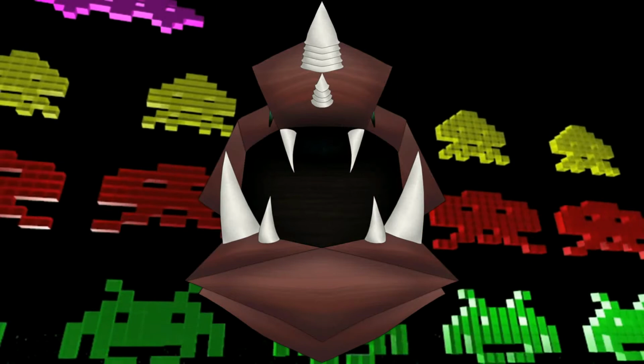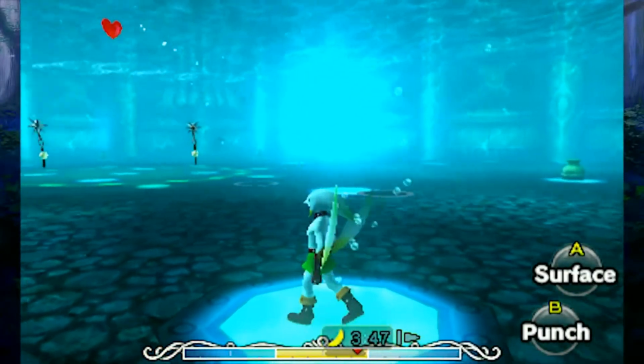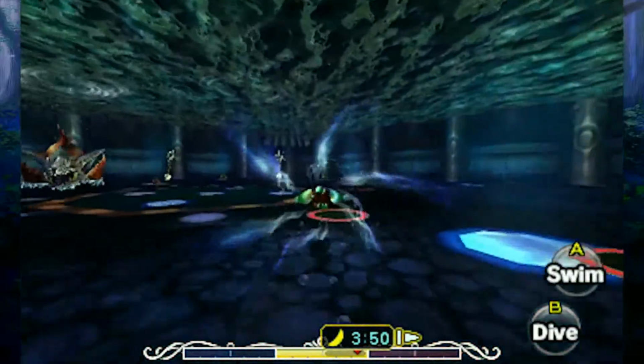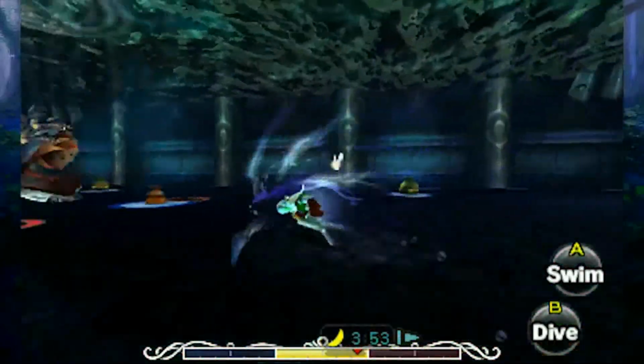Gyron's Remains. Gyron is the gargantuan masked fish boss of the Great Bay Temple. When Link cleanses the Great Bay Temple for the first time and acquires Gyron's Remains, the third giant is freed and meets Link in the giant's chamber, where Tattle